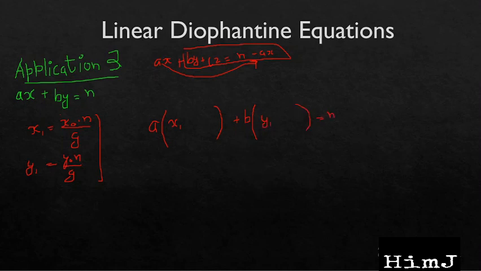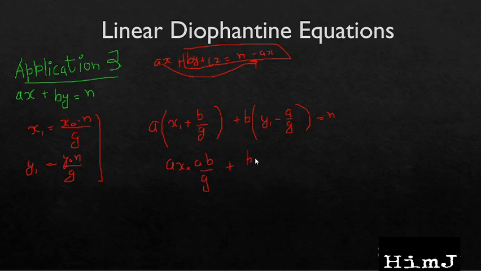So for finding another solution, what we can do is take a small step in x1 in the positive direction, and to counter that step we can take a step in the negative direction from y1. So what will be the size of this step? It will be b divided by g, and here it will be a divided by g. If you didn't understand this step concept, let us open these brackets. This will become ab by g.